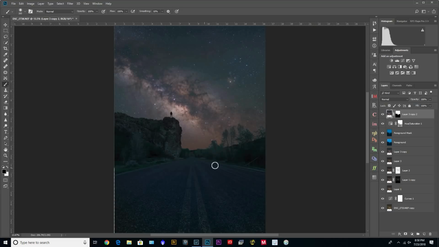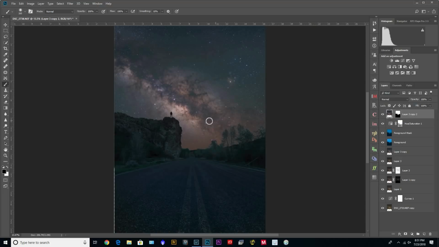What I want to do now is create some airglow and use that as a light source, because our eyes are attracted to different contrasts in the images. Some people think it's the brightness, but it's actually the contrast. So the Milky Way is there, and I want the viewer's eyes to go to the center. That's why I took the photo of the road, because you can see the lines leading into the center of the image. And just another thing, if you've done all that work with your layer mask, we can just click this little link,